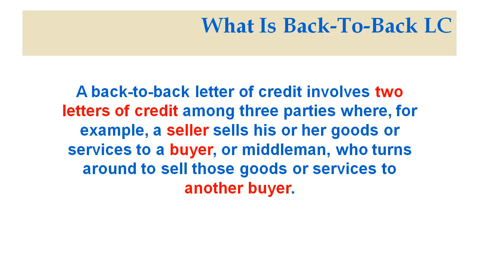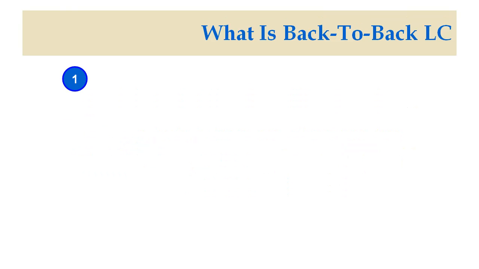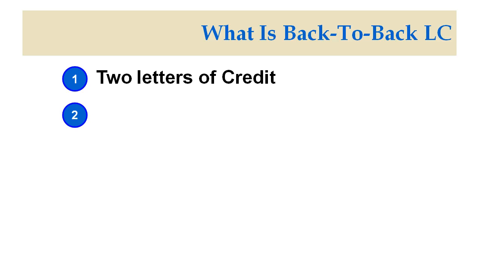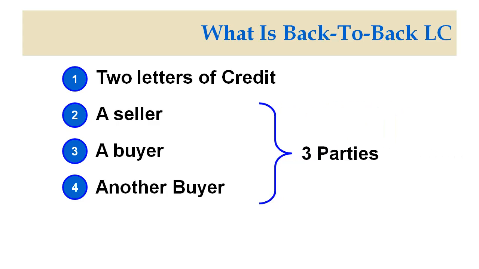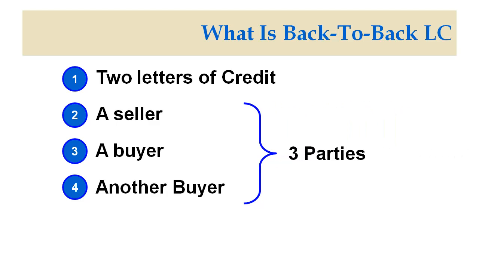Now, from this explanation, there are a few important keywords that build up the scenario for back-to-back LC. Number 1, we have two letters of credit. Number 2, there is a seller. Number 3, there is a buyer. Number 4, there is another buyer. So what we have here, we have two letters of credit and we have three parties involved in the back-to-back